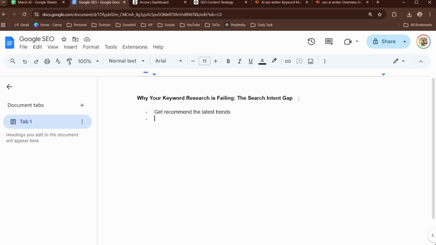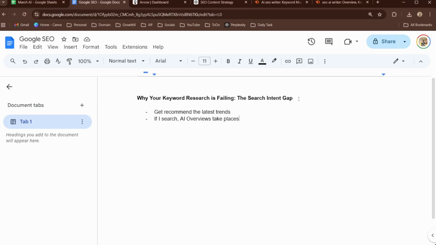And even if I search, then AI overviews take place. AI overviews pull up the information from the latest updated content pages, and then provide me the information. So there's no way I'm going to those websites.